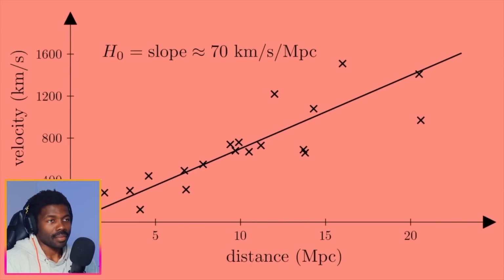That means if a galaxy is 1 megaparsec away, it's moving at roughly 70 kilometers per second away from us. If a galaxy is 10 megaparsecs away, it's moving at roughly 700 kilometers per second away from us, etc. Okay, but why megaparsecs? What is a parsec? It's about 3 times 10 to the 16 meters, and to explain why we're using parsecs, I need to explain